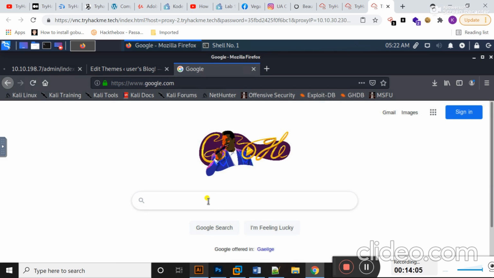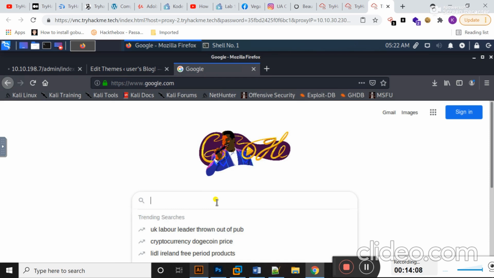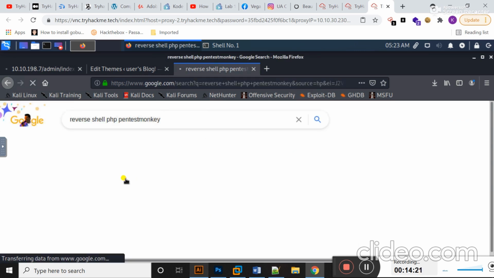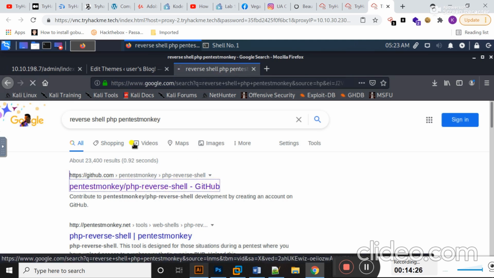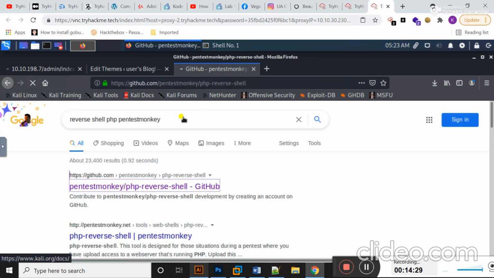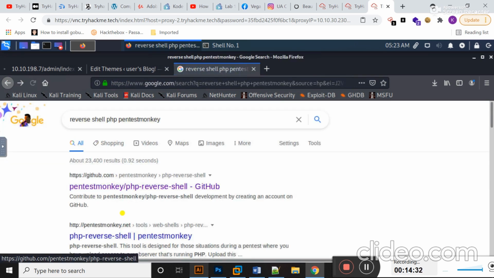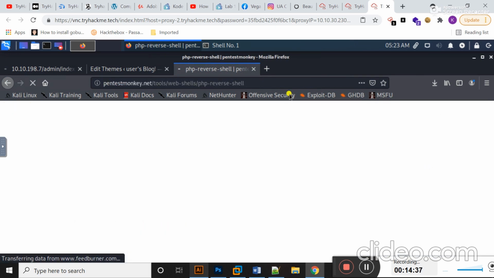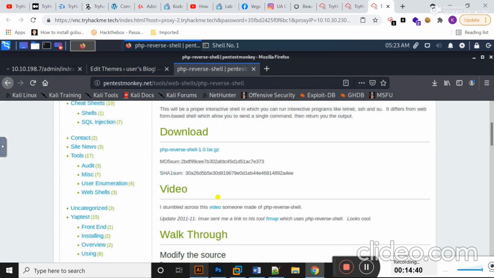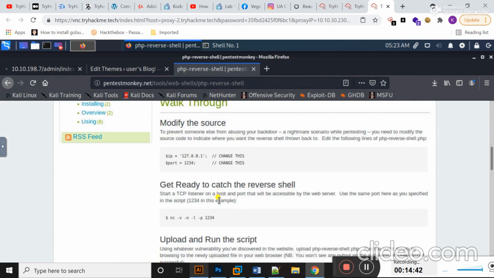And I try to find PHP Pentest Monkey. From this website I have actually found the PHP reverse shell. Okay, here you can see the reverse shell is present.